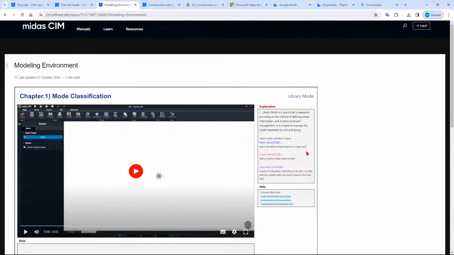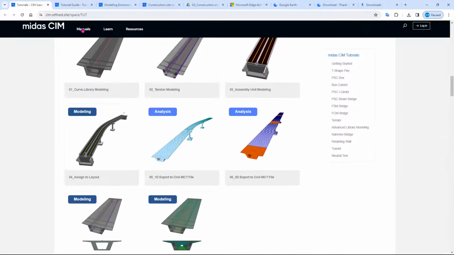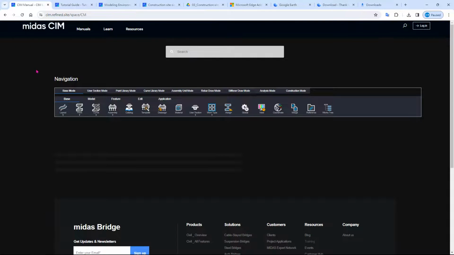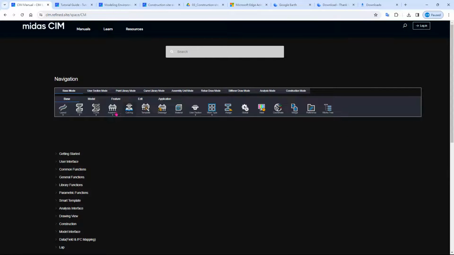So for example, after this class, you can try many things in here. If you click on here, for example, you click on the manuals, you can click on the CIM, you will see the navigation in here. So this navigation is similar to the CIM that we have shown you.